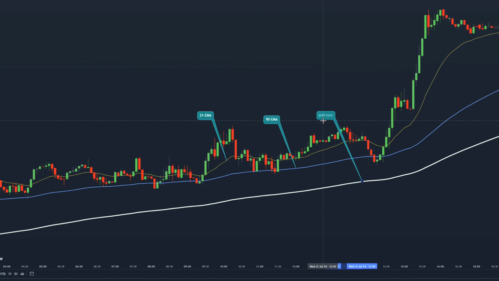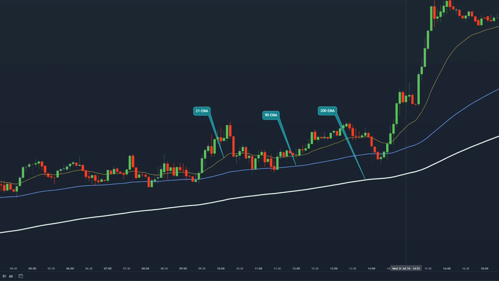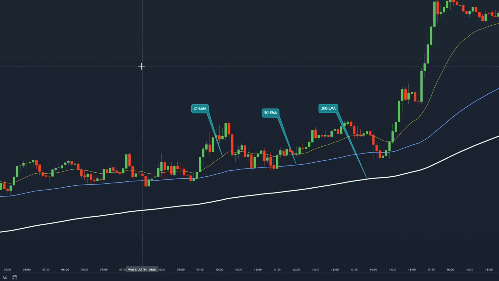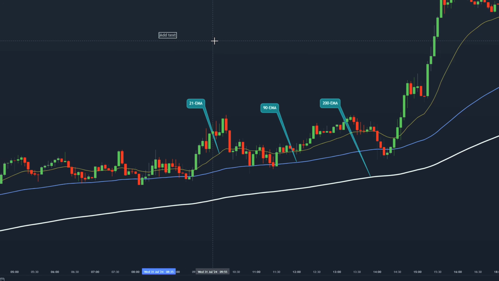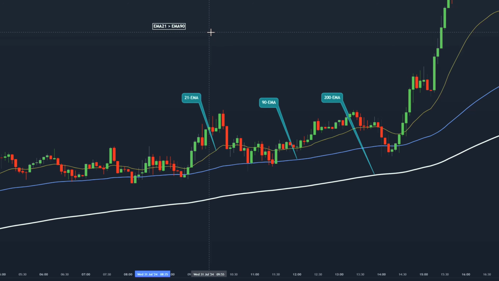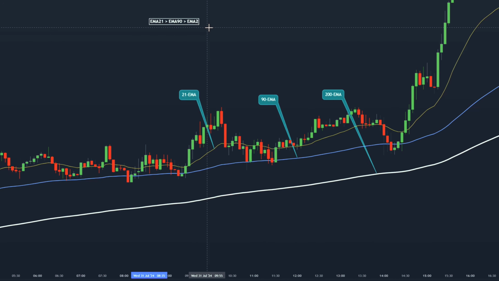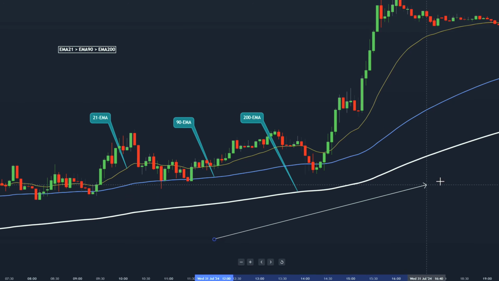So to spot an uptrend, just keep an eye out for the price staying above all 3 moving averages. But pay attention to the order of lines too. In an uptrend, moving average 21 should be at the top, moving average 90 in the middle, and the moving average 200 at the bottom. So when you see this pattern, you can confidently say that the market trend is heading